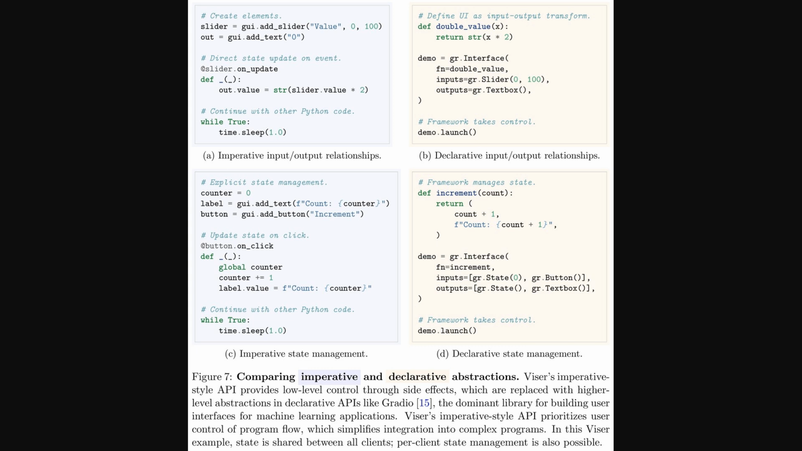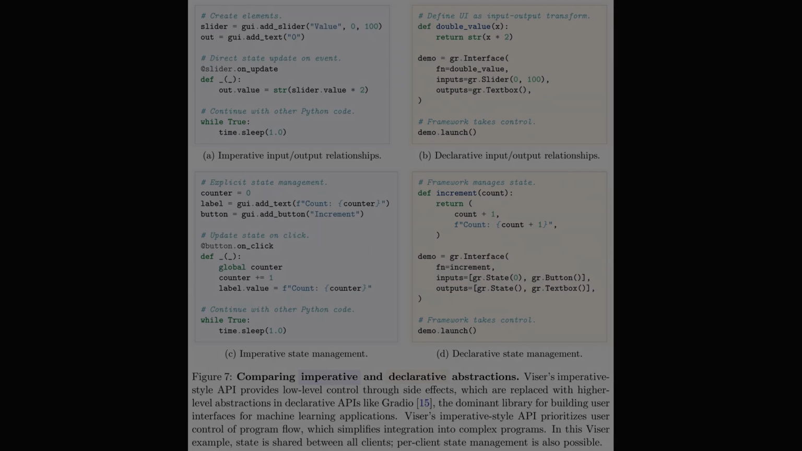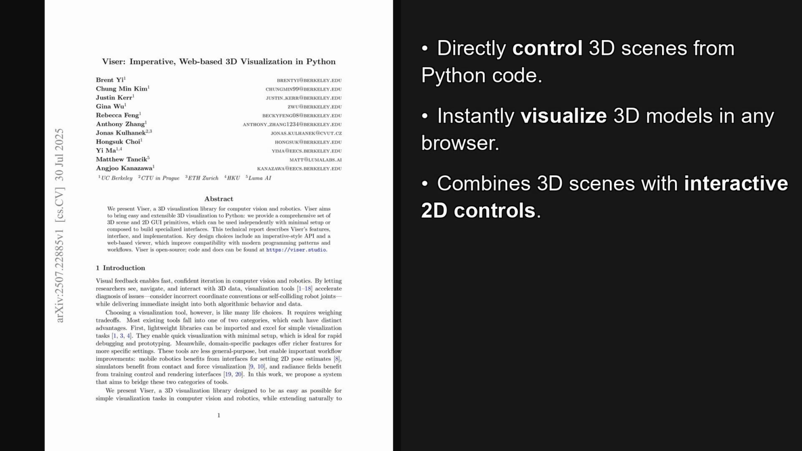On the right, they show a declarative style. Here, you just describe the interface you want, and a framework takes over control. The key difference is that Viser's imperative method lets you integrate these visualizations right into your existing scripts, which is a huge advantage. So, wrapping up, Viser offers a really practical solution for researchers by providing a powerful yet easy-to-use